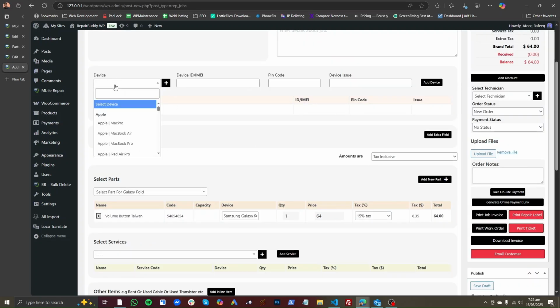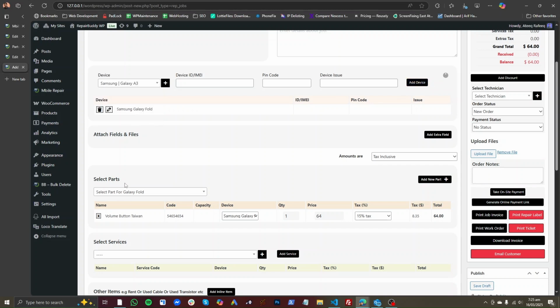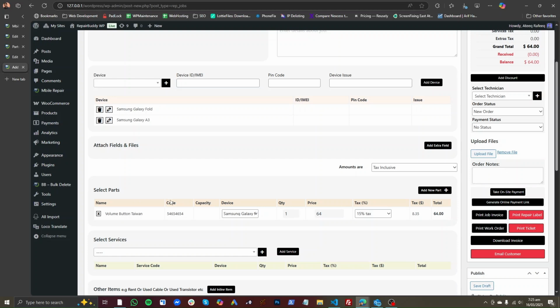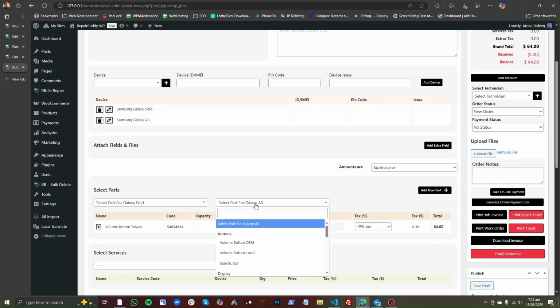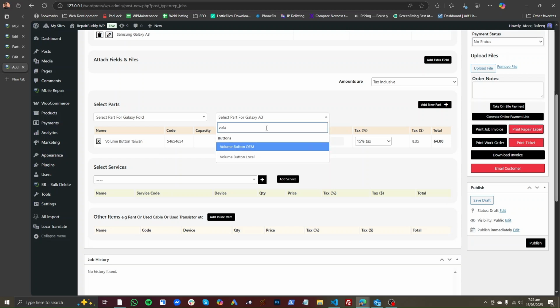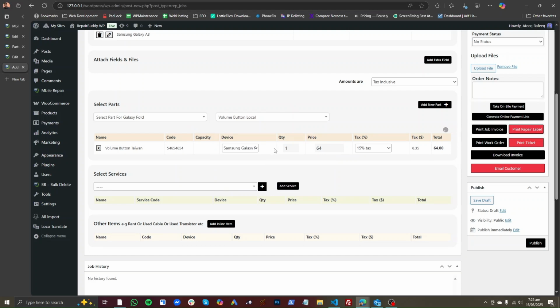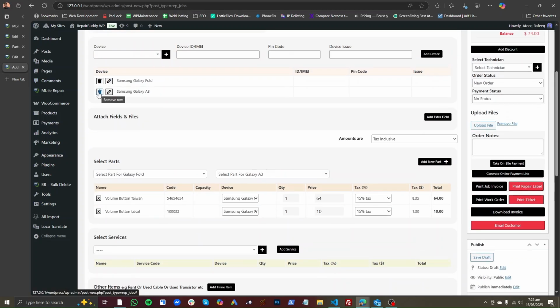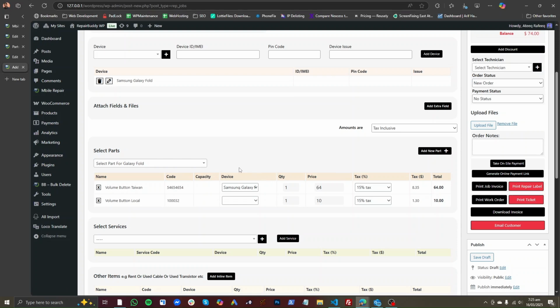So let's add another device, A3, this one. Now you will see the parts area will update with two selections, because we have two devices. So when we go to add parts for Galaxy A3, we will see that volume button Taiwan does not exist here because we have disabled it for this device. So let's add something else for it. Now if I delete a device here, you will see its option has also gone. So this is how you can use parts and variations,